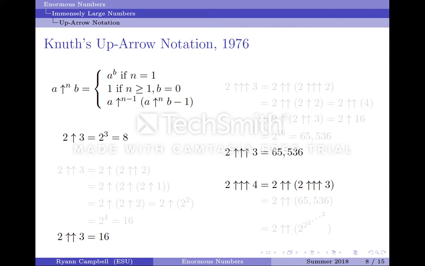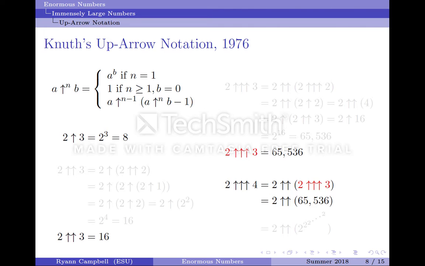And let's save that number that we just had. Okay, now we've got 2 with 3 up arrows and a 4. So this time, instead of increasing the number of arrows, I increased B. Okay, so let's apply rule 3. We get 2 up, up, 2 up, up, up, 3. And of course, we just did the problem 2 up, up, up, 3, which is